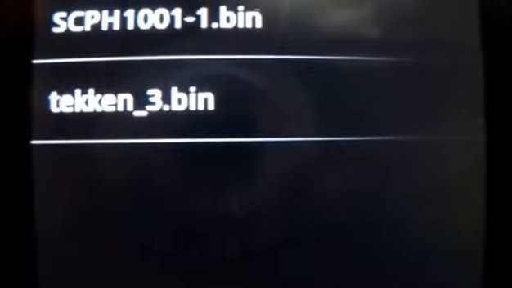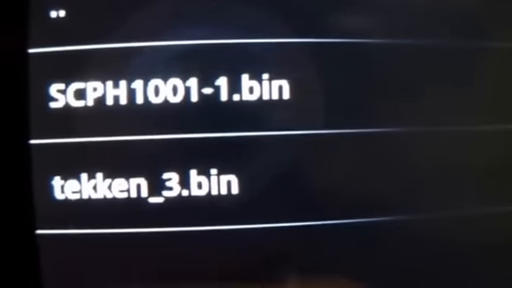Find the folder of Taken 3. Here it is. Now select the taken3.bin. Here you can see Taken3 is started now.